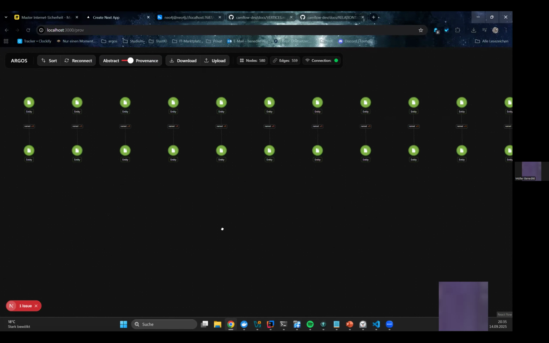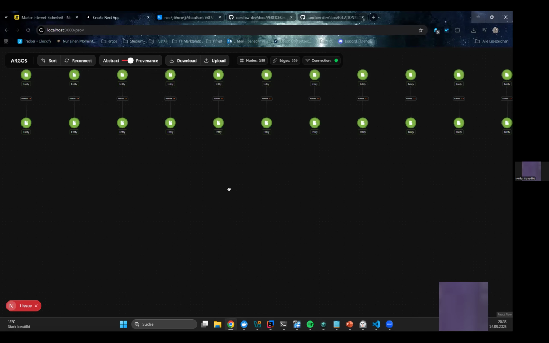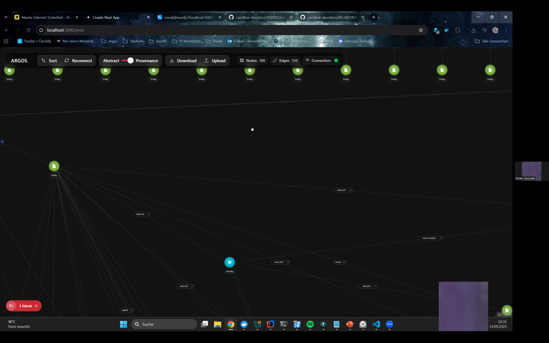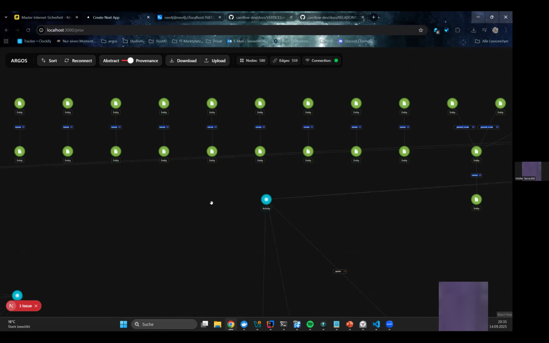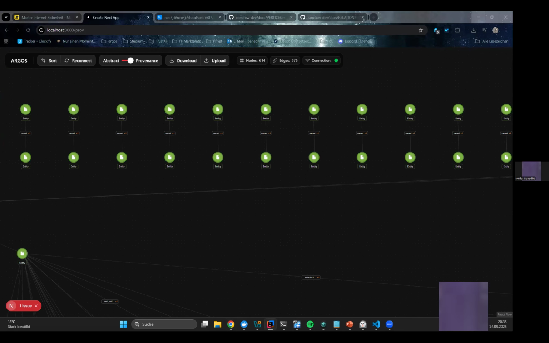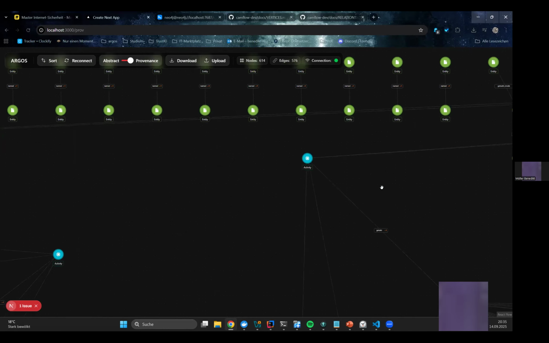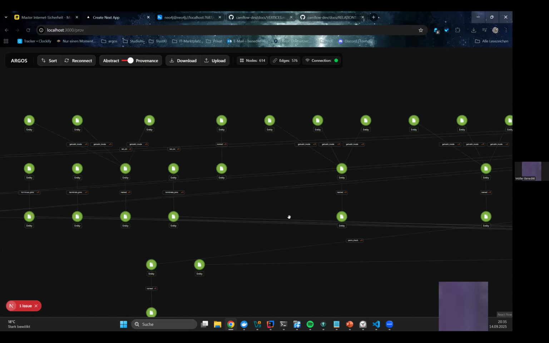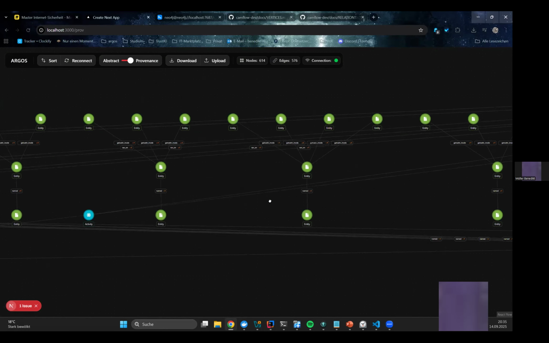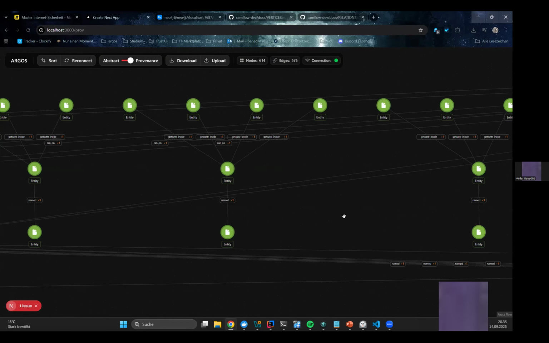Let's go back to the graph. I can show you this in a second. Oh, sorry, I was wrong. That's a coordination. I just want to show you that it's really hard to understand what's going on. So I want to stop the backend real quick because the front end is always missing the sort. You can see that on this specific graph now